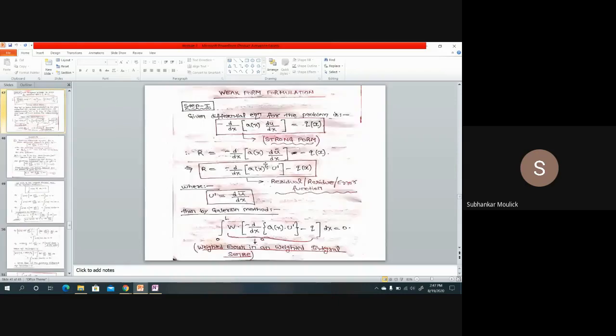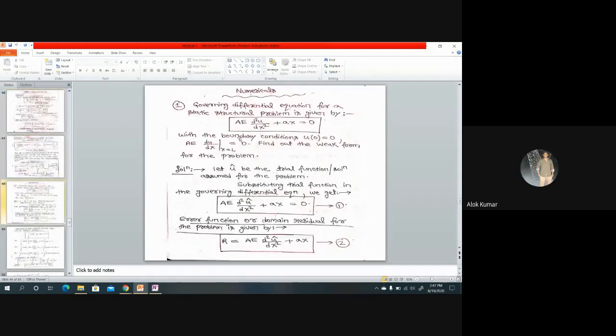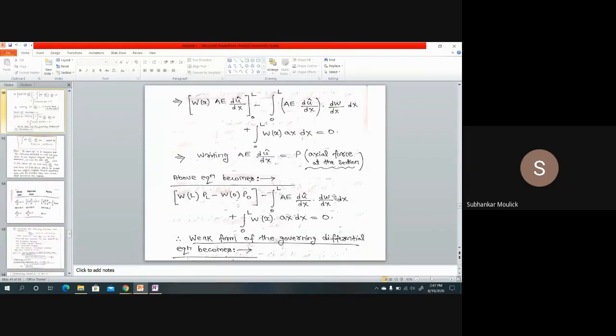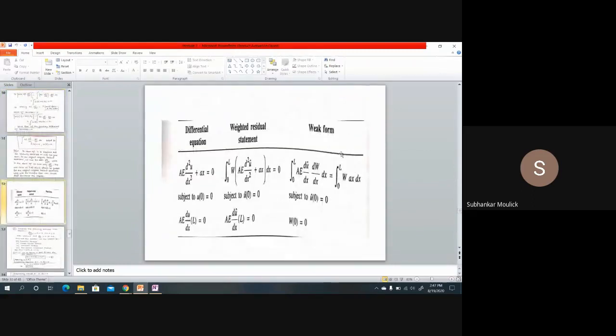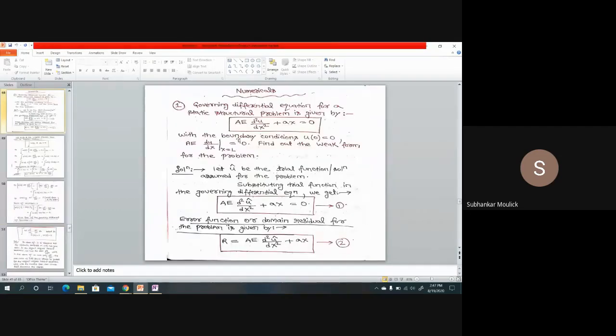इस particular problem के लिए 0 हो रहा है, किसी और प्रॉब्लम में तो 0 के बगैर मैं रख सकता हूँ। ठीक है सर। इस पर्टिकुलर प्रॉब्लम में बाउंड्री कंडीशन 0 है, इसीलिए वो इक्वल टू योर दिस 0 to L w of ax dx. अगर वो बाउंड्री कंडीशन में 0 नहीं होता, अगर वहां पे 0 की जगह 4 होता या कुछ दूसरा टर्म होता, तब ये 0 के बराबर नहीं होता. दिस पर्टिकुलर स्टेटमेंट इज वैलिड फॉर ओनली दिस क्वेश्चन. अब वीक फॉर्म चेंज होगा उस हिसाब से.